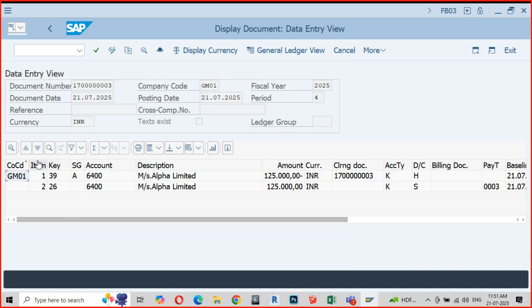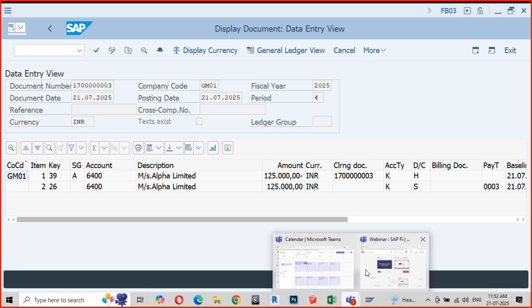Now can you see the change in the display? There is also a special GL indicator against the posting key, which is indicative of a special general ledger transaction. So this is exactly how your system will behave when you're talking about advances made. Advances received is also the same concept. Clear? Confusing, interesting. I'll just pause here for 2 minutes and take up your questions.